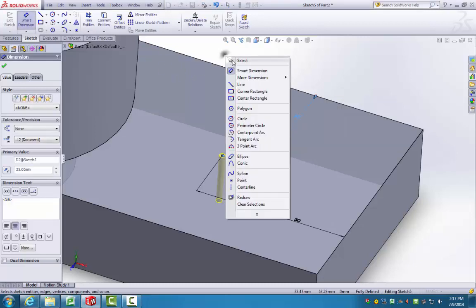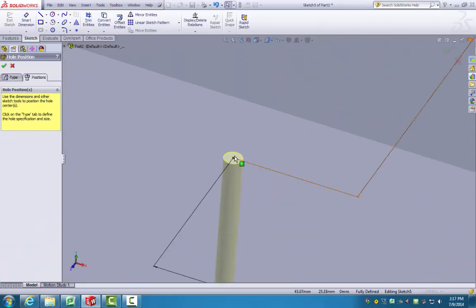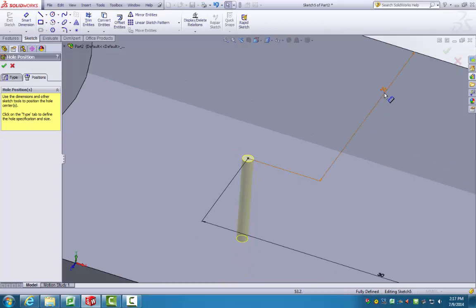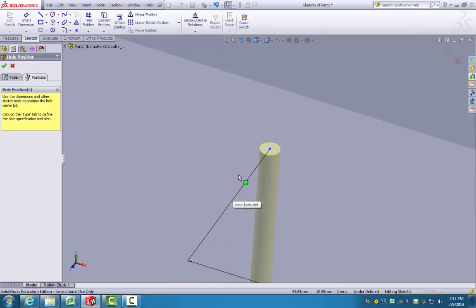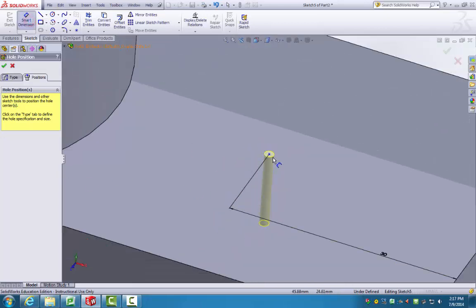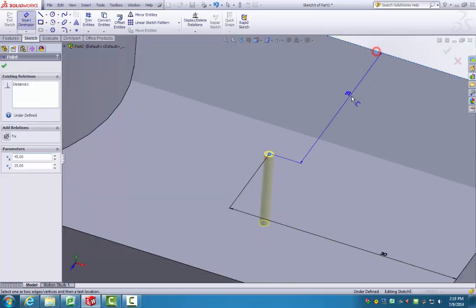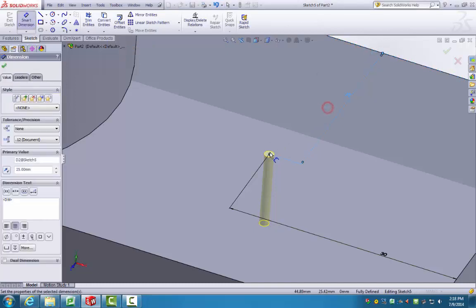And what you can see is now this hole is black and our sketch is fully defined. If we lose this dimension, you can see it is blue and it is underdefined. So putting that dimension back, now if we try to move this hole, we won't be able to. Okay, so now